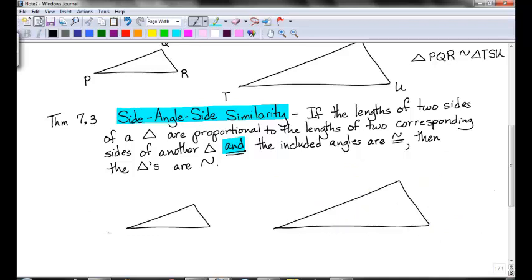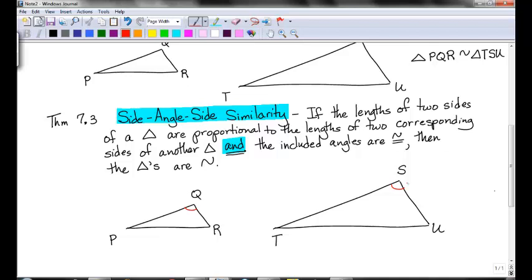Okay, so label them. I'm using the same labels: P, Q, and R, and T, S, and U. And I'm going to say this angle is congruent to this angle. Now, it has to be the sides, it has to be the PQ and this one, and then it has to be those, because it has to